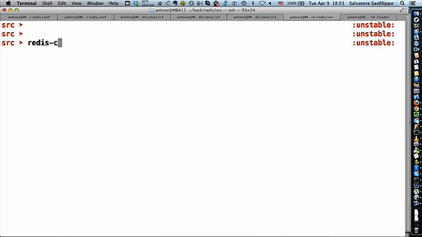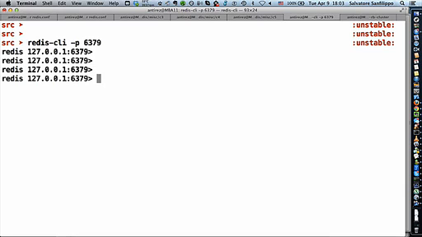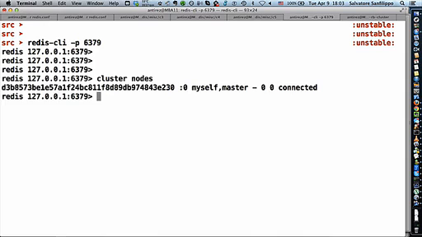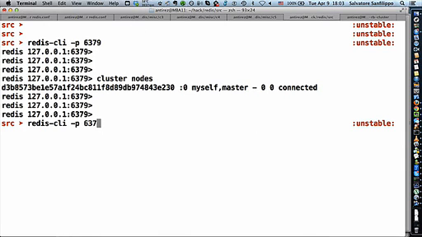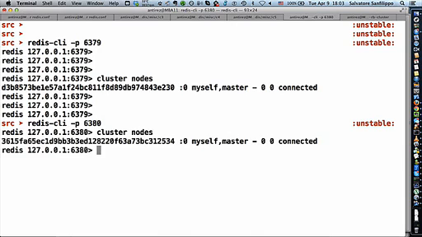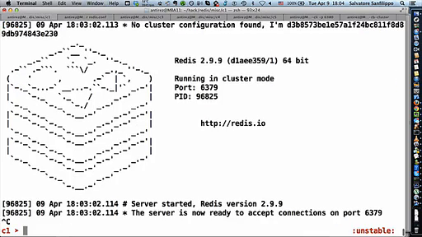connected in any way. And indeed I can address a few requests to the first node, and it just knows about itself: myself, master, connected, no slots assigned at all. And the other one is the same, just the node ID is different, and it's interesting to see that if I stop one node,